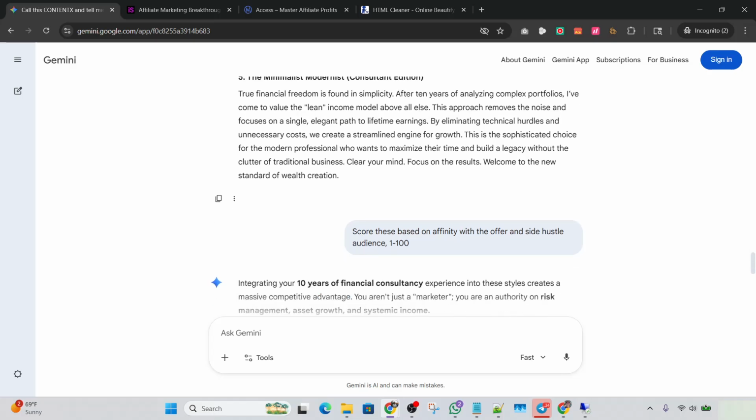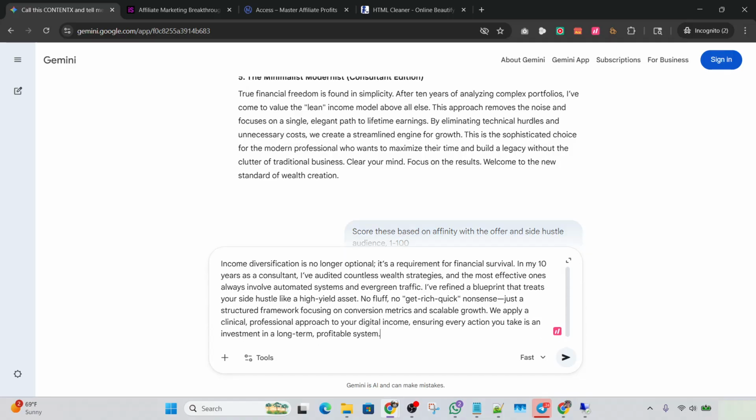So since the original question was for rewriting emails, I'll just say something like this: rewrite the email below using this style. And this style here, you could go ahead and just copy and paste it.